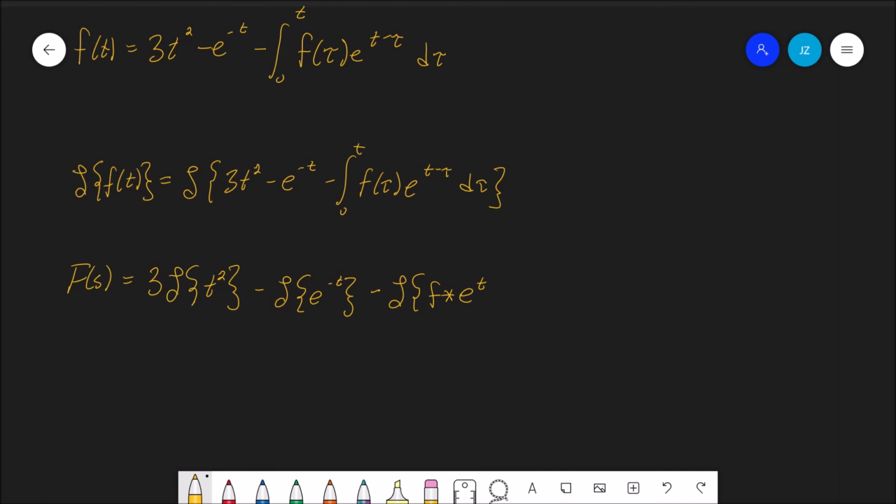Let me actually write that as f of t star e to the t. So the Laplace transform of t squared is 2 over s cubed, so we're going to get 6 over s cubed